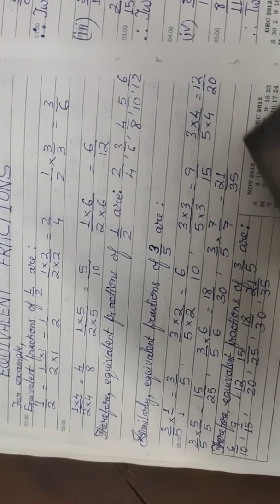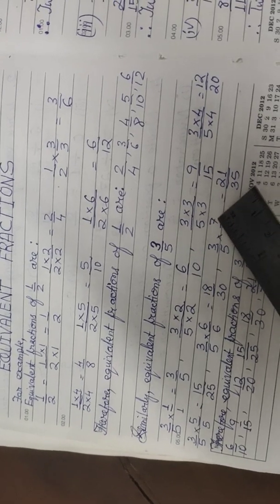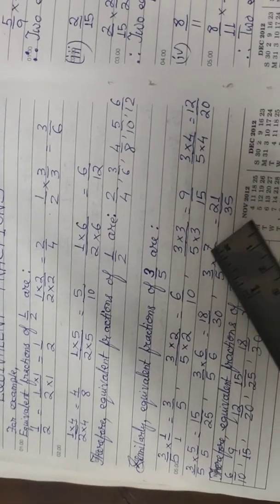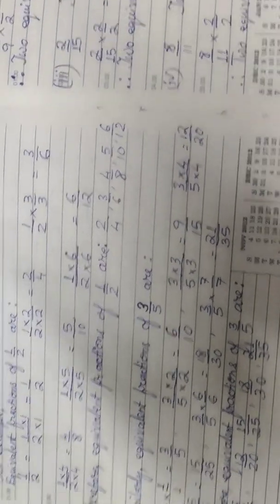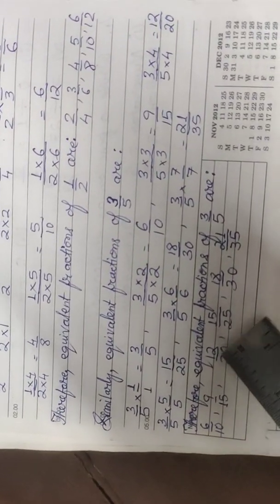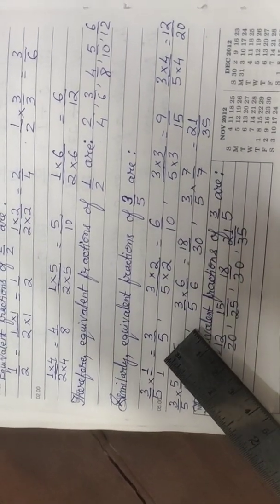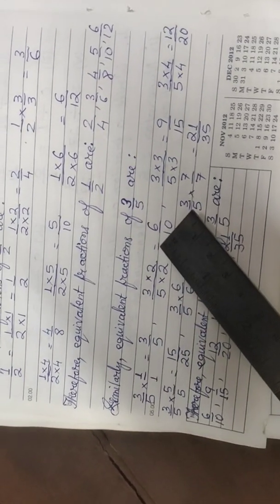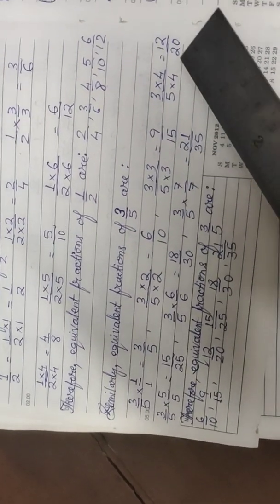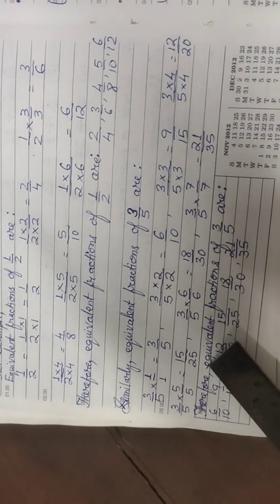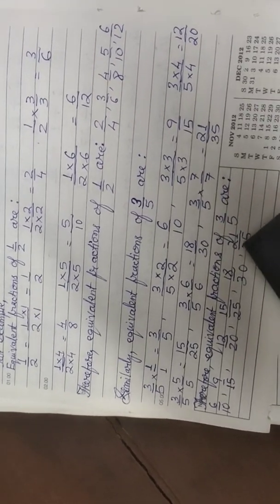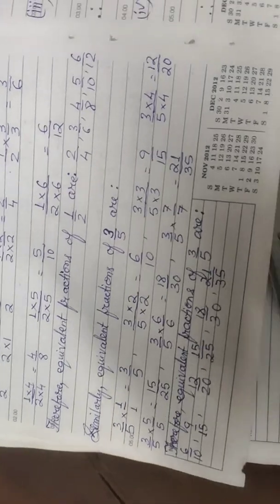And if you multiply further, like in this one we had multiplied last with 7, right? 3 also with 7, 5 also with 7. Then next you can go on multiplying 3 with 8, 5 with 8, and you can get another set of equivalent fractions. So how many equivalent fractions do we have here? 1, 2, 3, 4, 5, 6. The first one was 3 by 5, so that one I haven't included. So the first that got created is 6 by 10, then 9 by 15, 12 by 20, 15 by 25, 18 by 30, 21 by 35, and you can go on adding as many as you want.